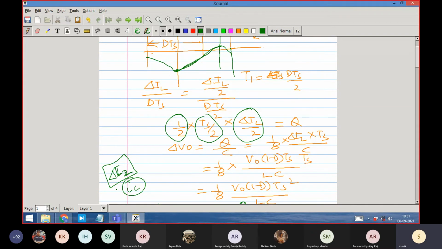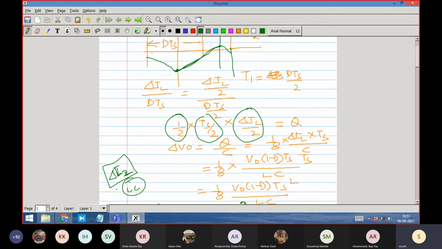And during that positive duration, the ripple happens. Whatever the value of the capacitor voltage, it only increases. You could have also chosen the negative duration when the current is negative, but don't mix up positive and negative. You take either the full positive duration or the full negative duration. So that duration you find out, and find out how much charge is going in by simply integrating that curve.